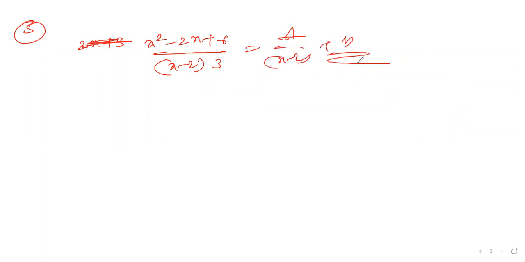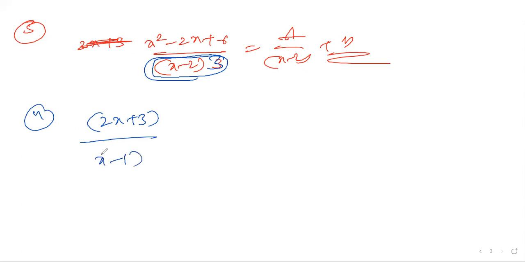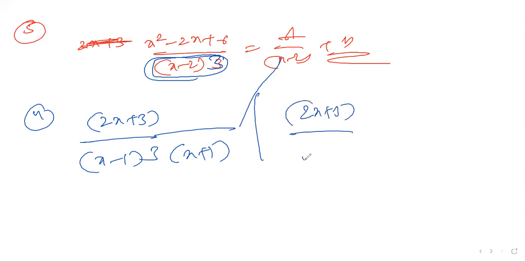I told you yesterday we have an alternate method for when there is only a single function in the denominator and the power is something else. Example, I'll take a previous question, the fourth question: 2x plus 3 by x minus 1 whole cube. If it is like this, I can apply the other method. Or else, if something else is there, I can't apply the other method. We can go with the regular method only. If it is 2x plus 3 by some other x minus 1 whole power 10, also no problem, we can do it out.